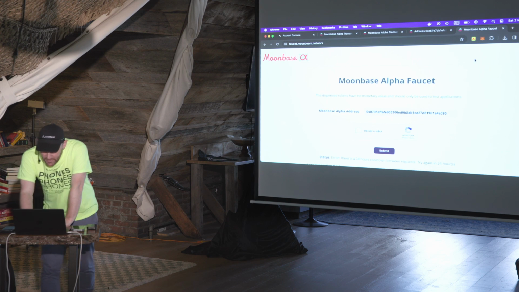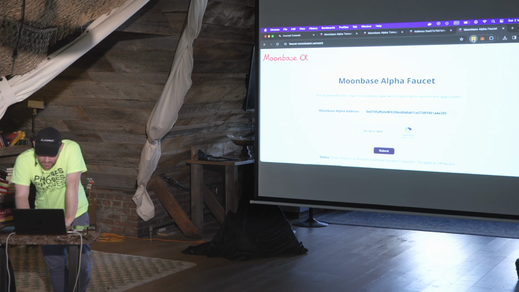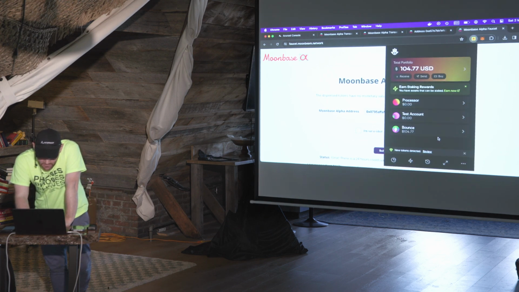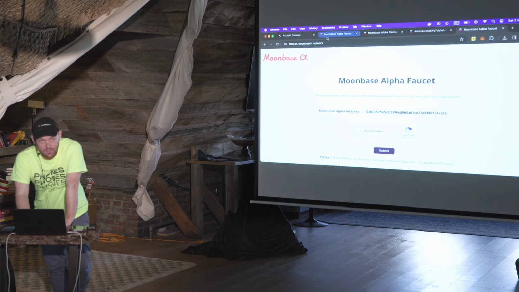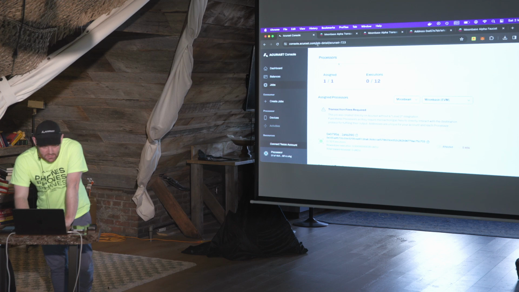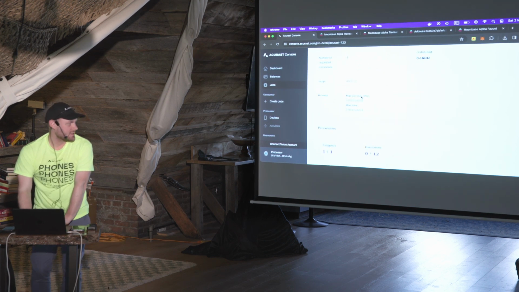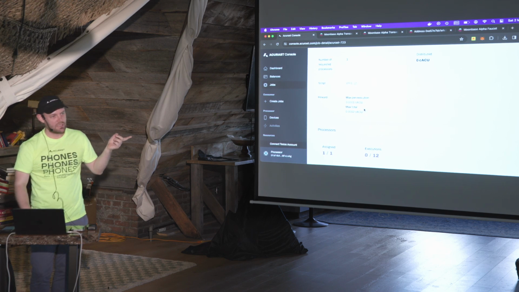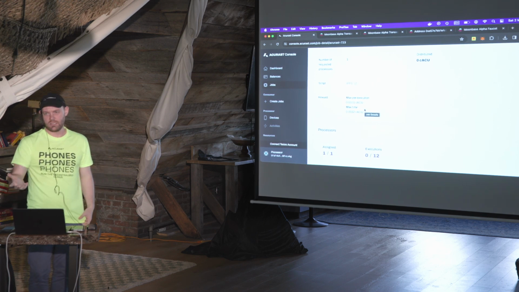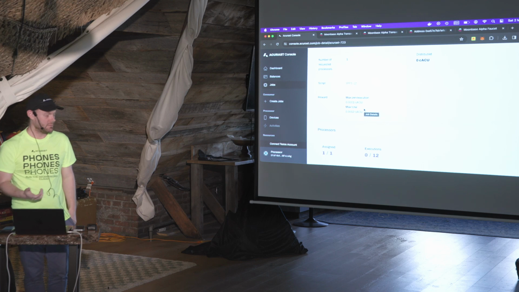Let me see, I actually probably have some here. In any case, we will see how the execution increases, but we will just not see the on-chain transaction because of the missing funds.